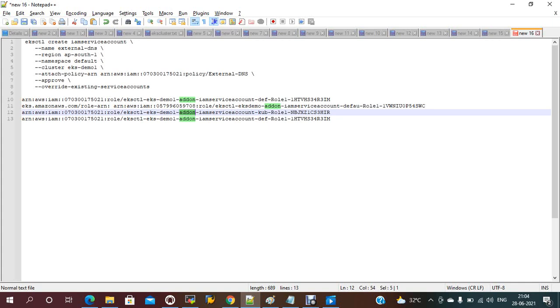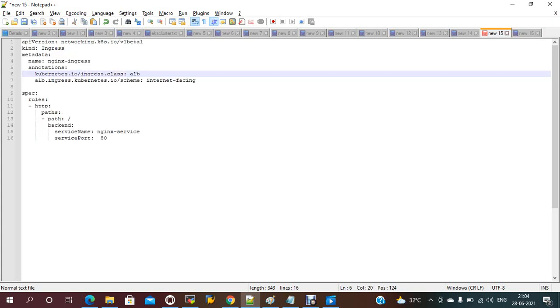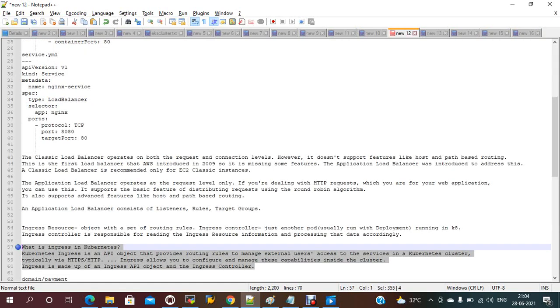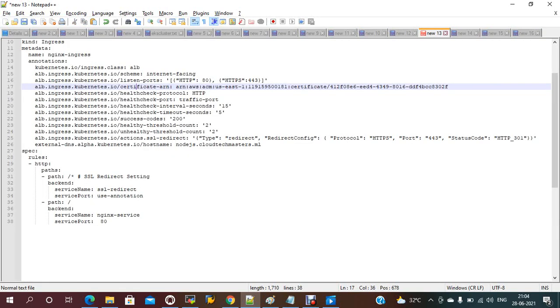Add on IAM service account kubectl role, default role. Let me update this one, anyone, and we'll check. Let me update this ARN name, kubectl certificate ARN DNS name.